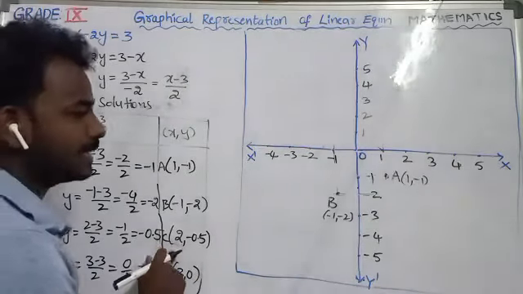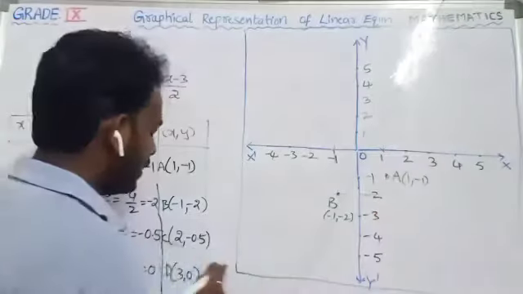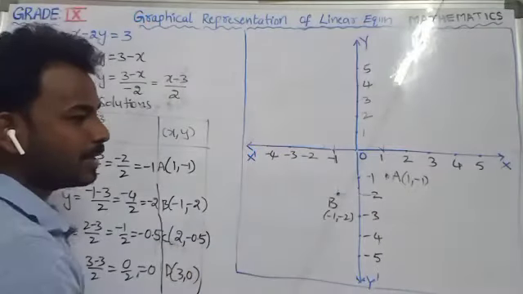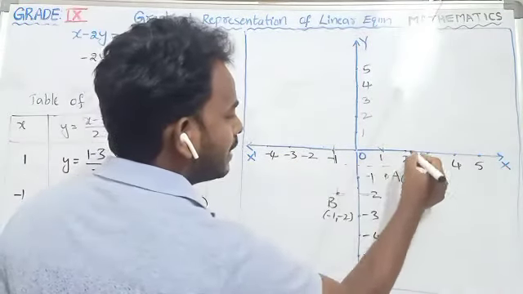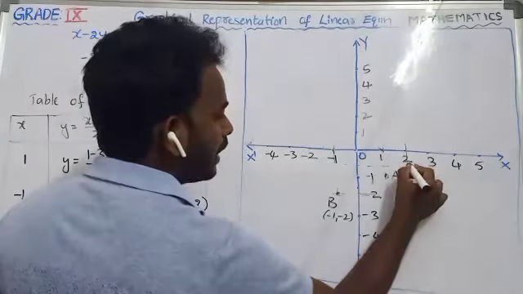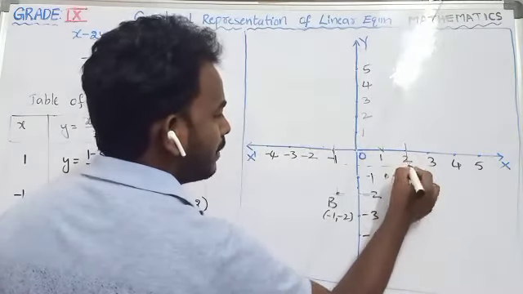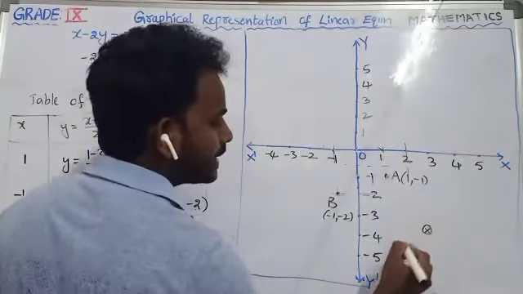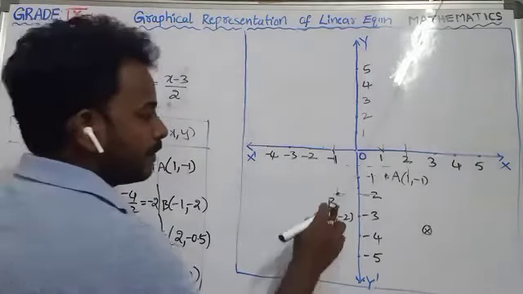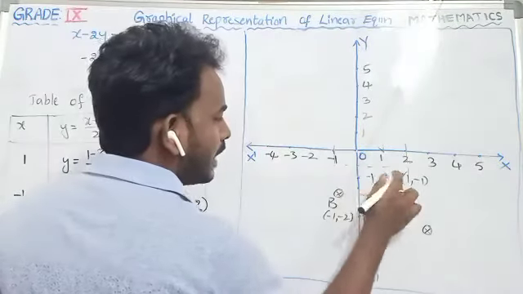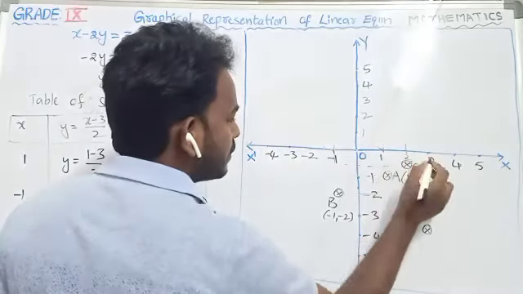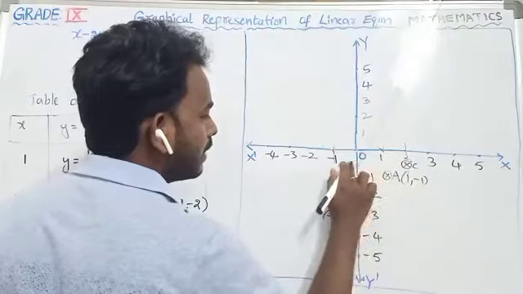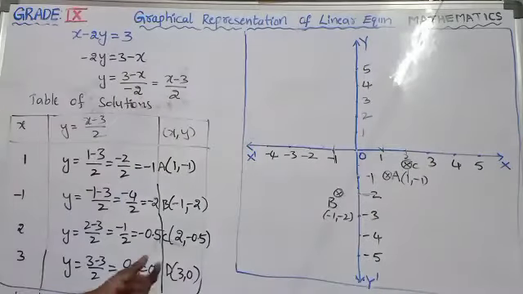So 2 is on the x-axis, and -0.5 means downwards 0.5, so it is exactly in between 0 and -1. You will get a small decline between 0 and -1 here. Okay, so we will get it here. You just make an x and round it off to locate the points on the graph sheet. Now here, I don't have space there, so I'm not going to write the total solution. Coming to the last one, (3, 0).